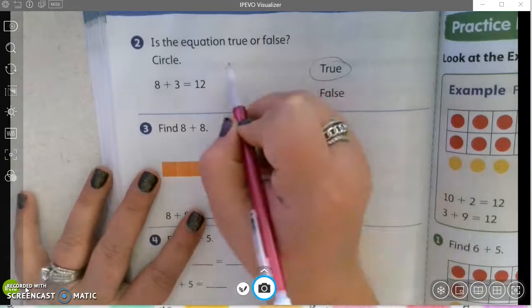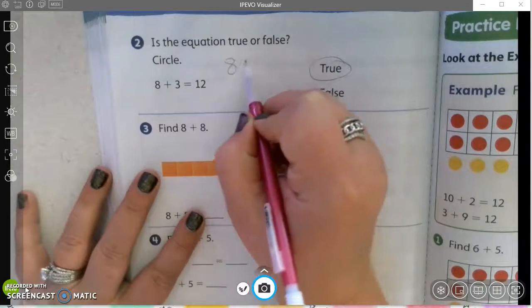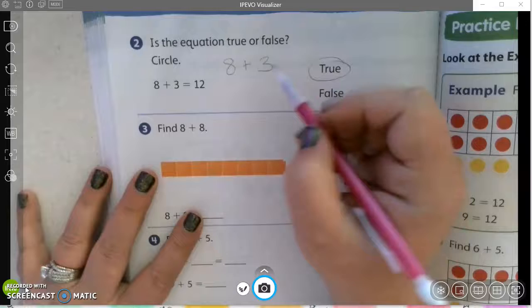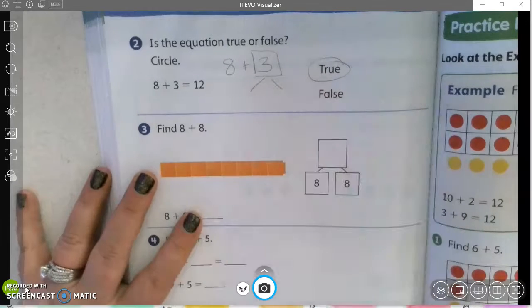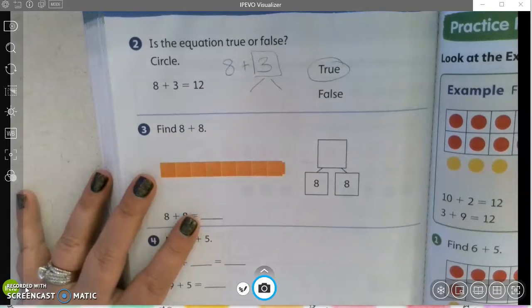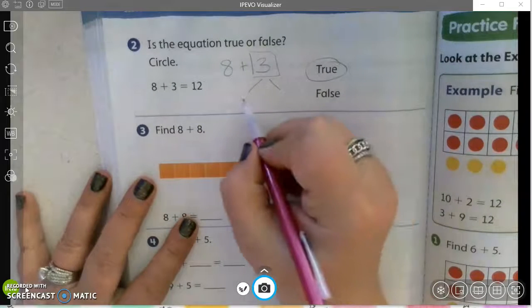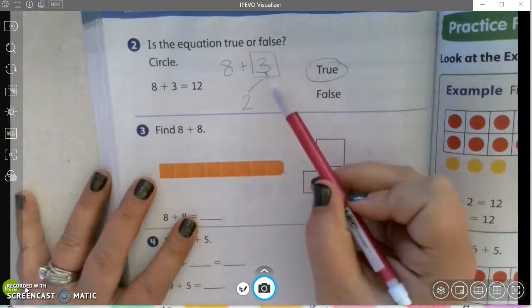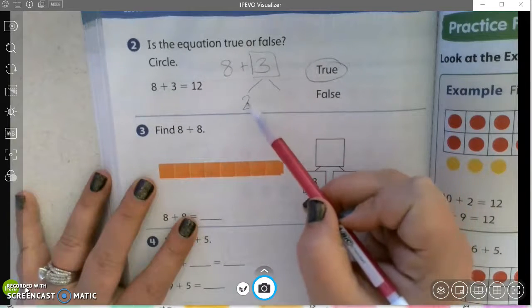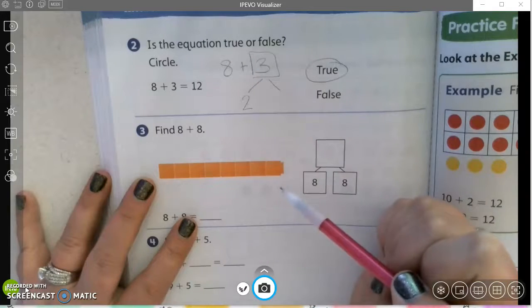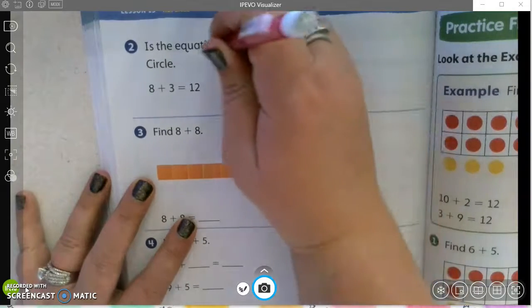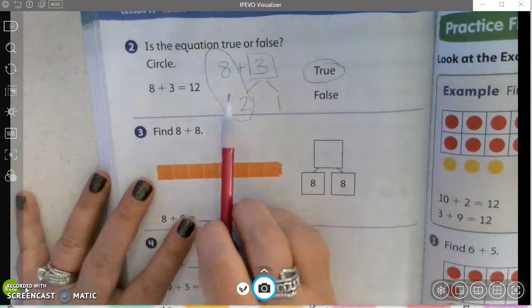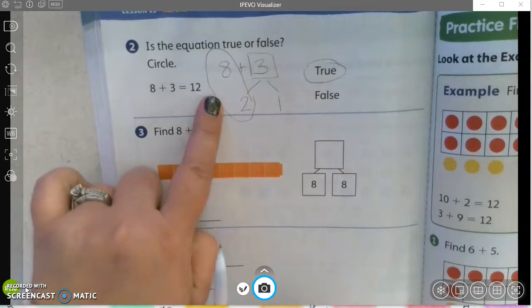And we can do that. 8 plus 3. 8, and how many more equals 10? 2, right? So I need to take a 2 out of my 3. 2 plus what equals 3? 2 plus 1 equals 3. So I'm going to loop my 8 and my 2. Here's 10